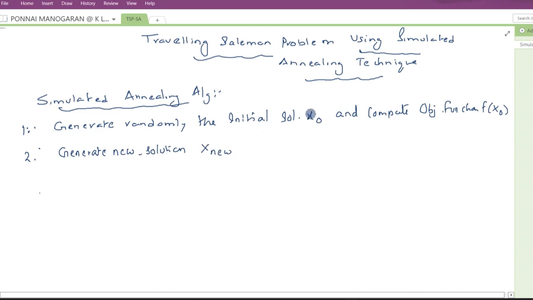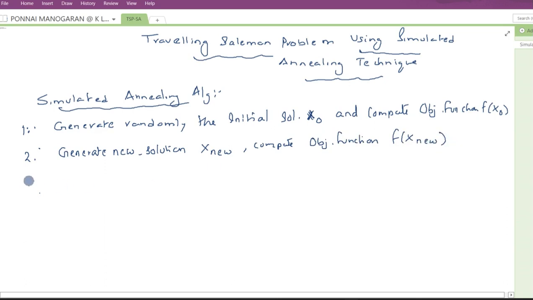This is x new. Followed by, you can compute the fitness function, the objective function, by substituting x new in